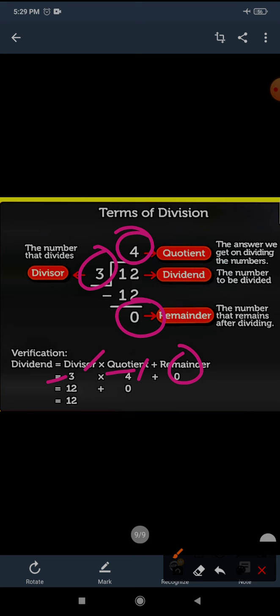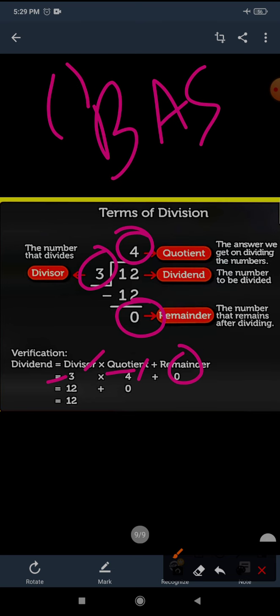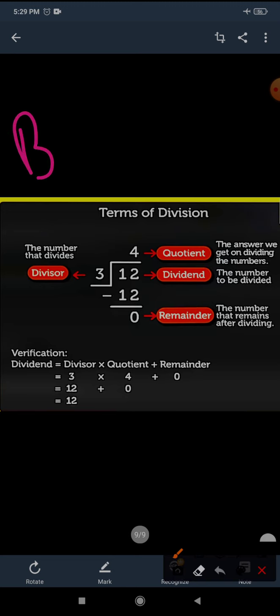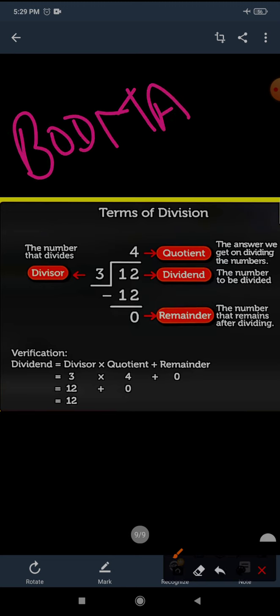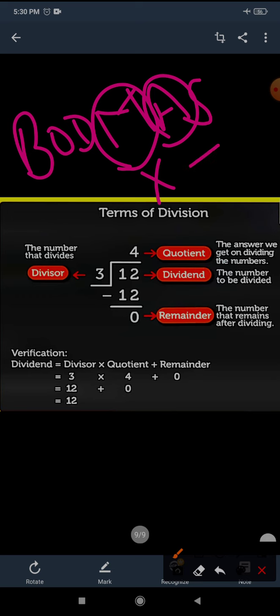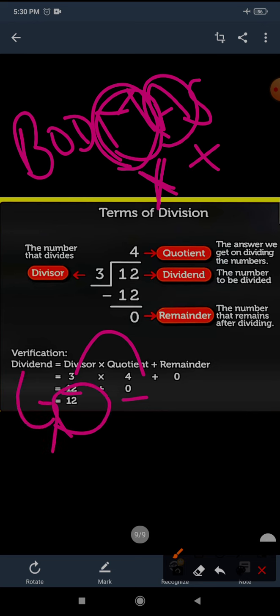As you know, the BODMAS rule, brackets first, then division, multiplication, addition, and subtraction. Here it is multiplication and addition. I have introduced the BODMAS rule in the classes also. You know already that M is for multiplication and A for addition, and because M comes before A, we do multiplication first. So 4 3s are 12, plus 0, and 12 plus 0 is equal to 12. See, it is equal to the dividend. So now it is verified that your division is correct. I hope you understand. Isn't it interesting?